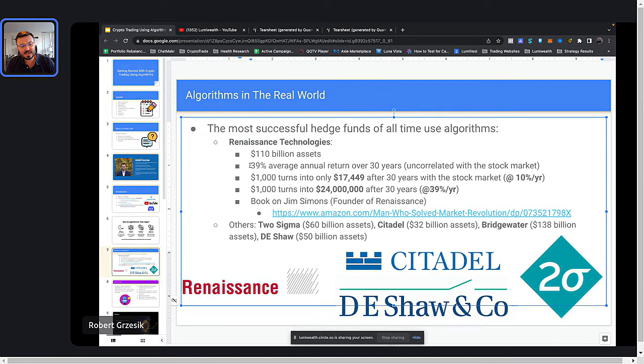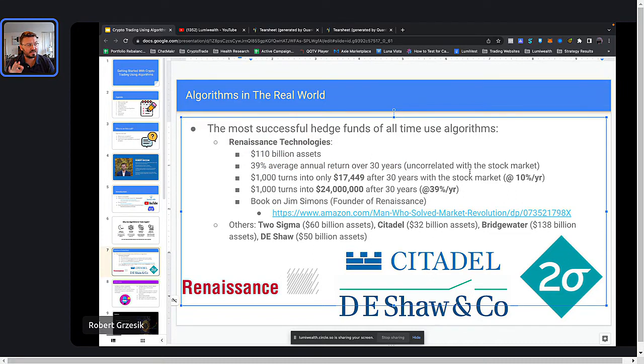These guys reportedly, if you look at their filings, over a 30-year period, it was a very long period, okay, they've made 39% returns on average. Okay. So for those of you that don't know too much about finance, this is an incredibly high return over this time period. This is probably one of the best performing hedge funds ever in all of history. Okay, 39% returns per year. Okay, and that's average, by the way, right?